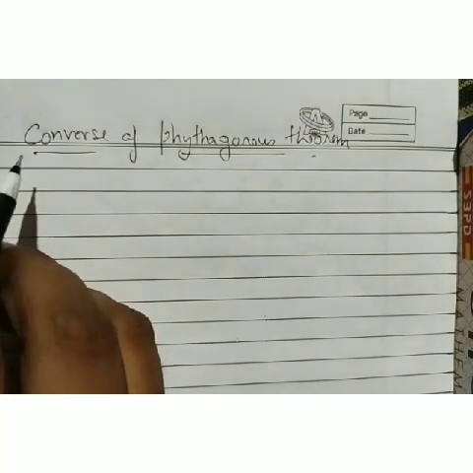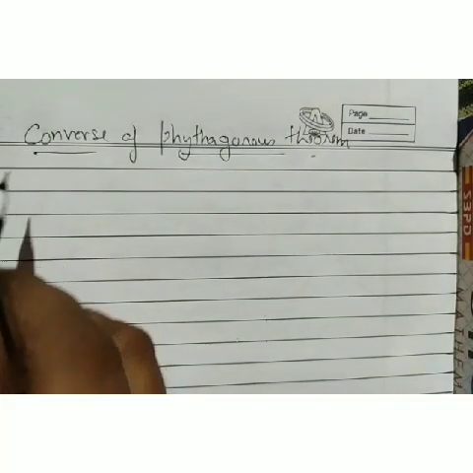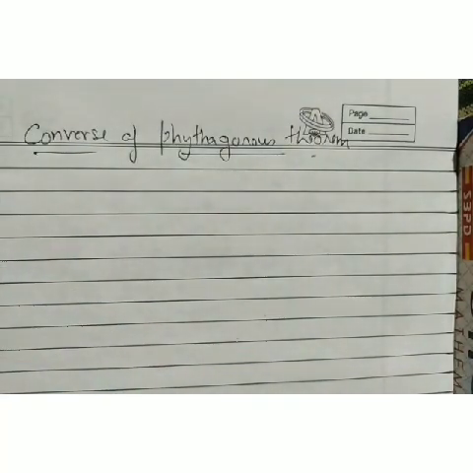First of all, we start with the statement of the converse. In Pythagoras, we have the statement that in a right angle triangle, the hypotenuse square is equal to base square plus perpendicular square. When we talk about its converse part, we are given base square equal to AB square plus AC square, and in the reverse part we have to prove that it's a right angle triangle.